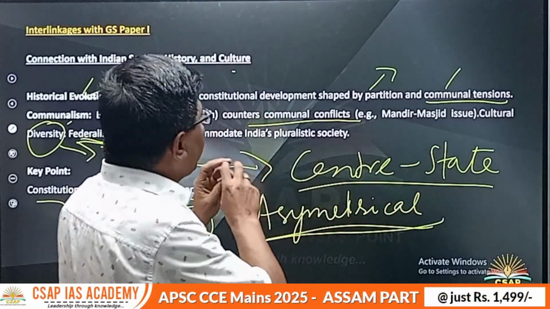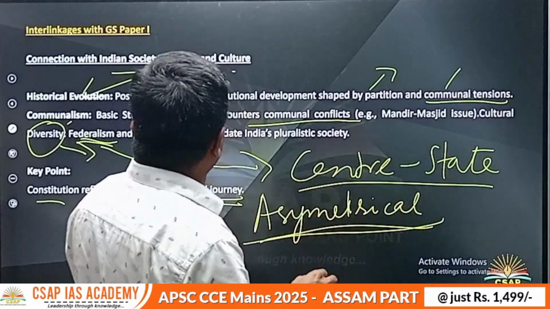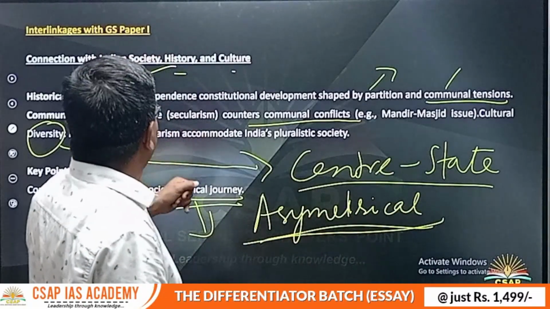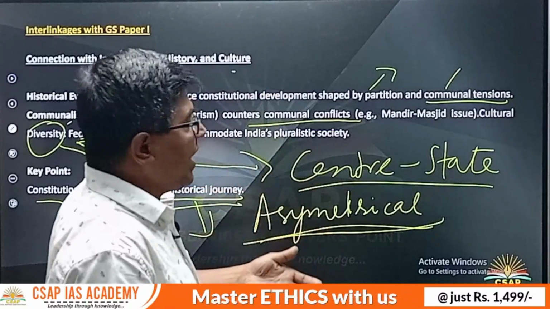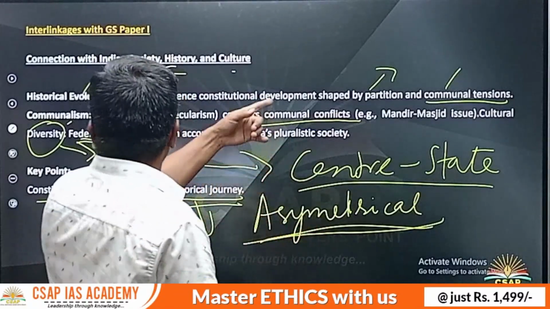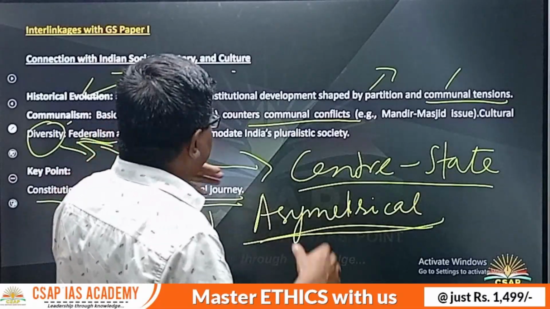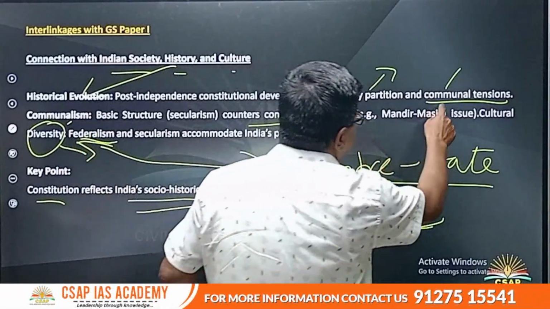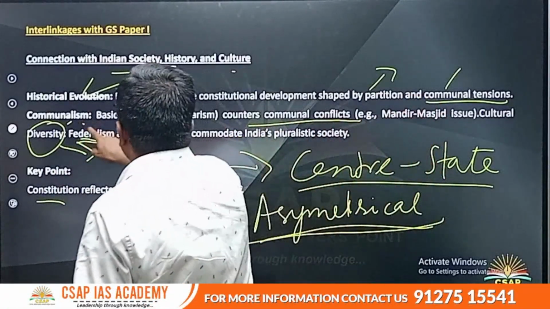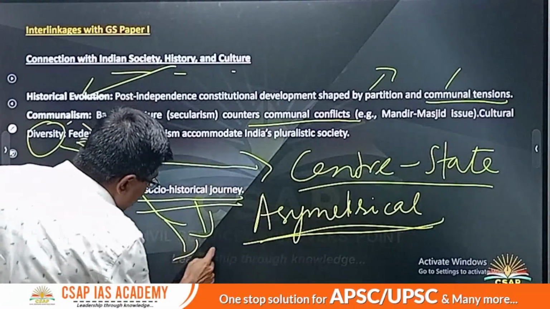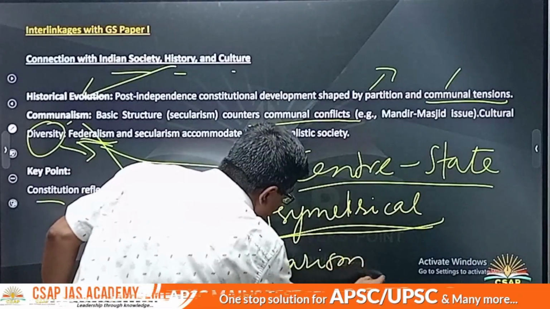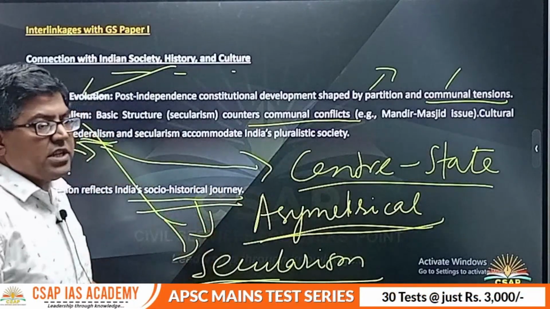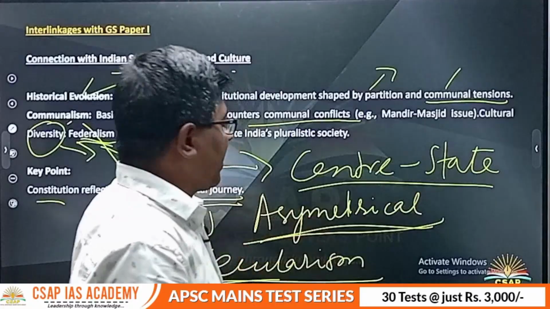So, that way an understanding of the theme of constitutional amendment and basic structure is going to help you navigate some of the important topics present in other papers like GS paper 1, and therefore history, particularly modern history, right, the communal tensions, because then you will be able to understand secularism. When you read about communalism, you need to also read it vis-a-vis secularism, in order to put a check on communalism. We have the provision of secularism, right.